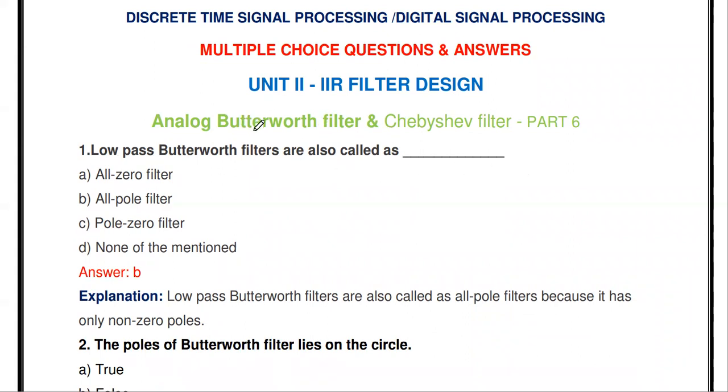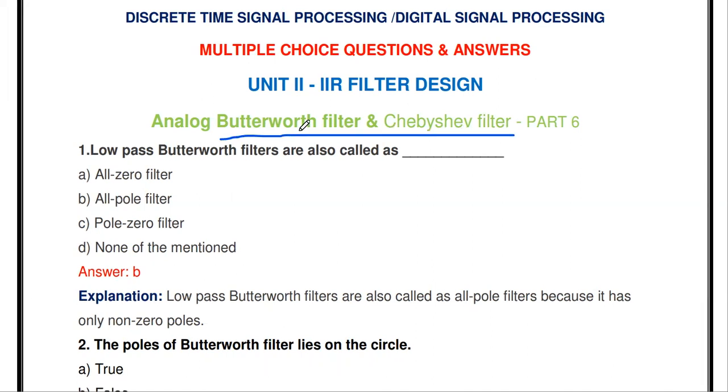What do Butterworth and Chebyshev filter mean? Already you know, in IIR digital filter design, there is no straight procedure to design the digital filter. So for the given digital specification, first we have to design the analog approximation. After that, we have to convert that analog approximation into a digital filter using some techniques, bilinear transformation, impulse invariant method, and so on. There are two types of analog approximation of the filter. One is the Butterworth, another one is the Chebyshev. Okay. So now we are going to see that question.